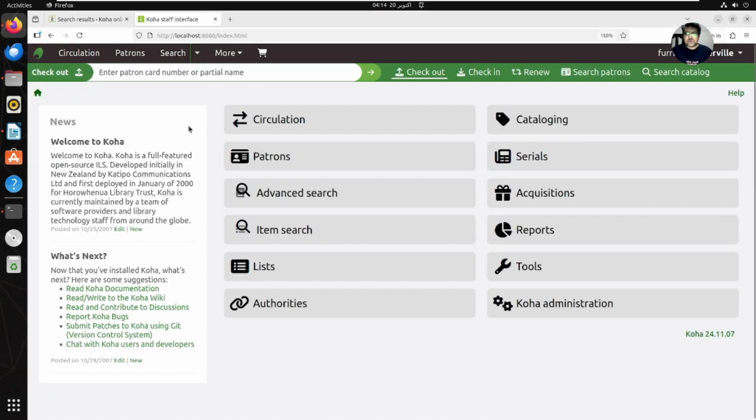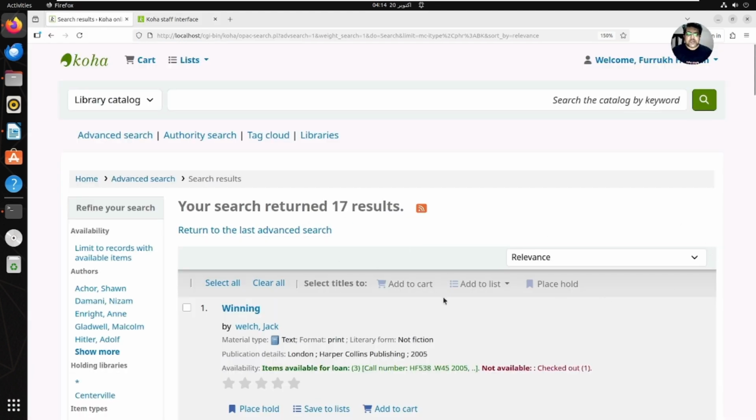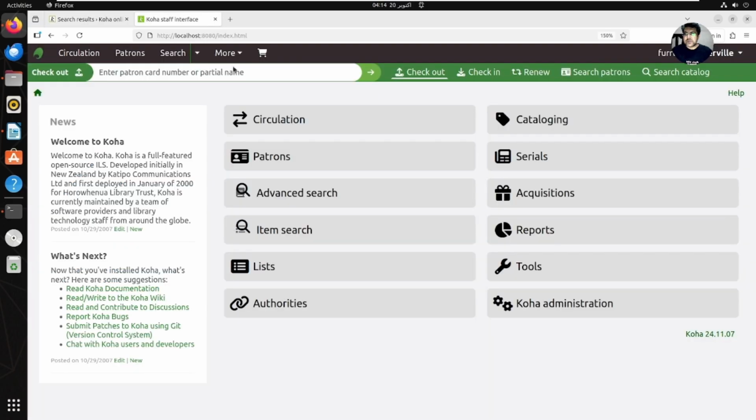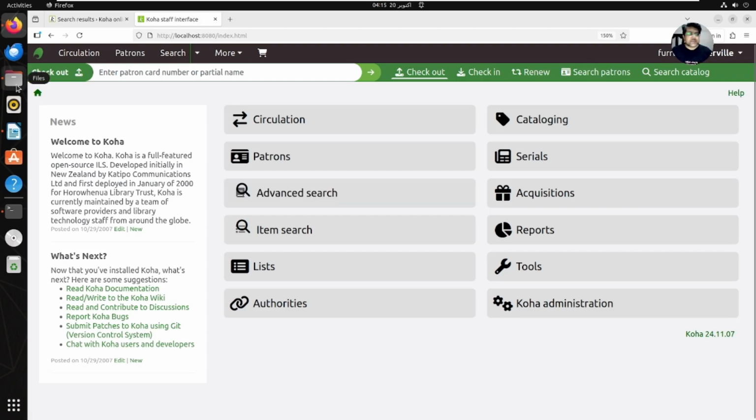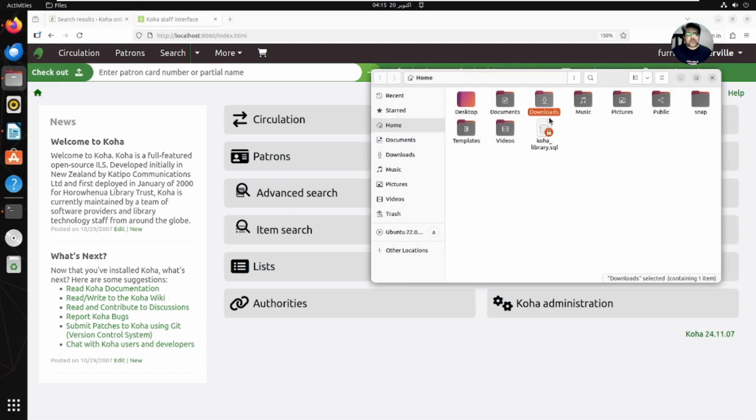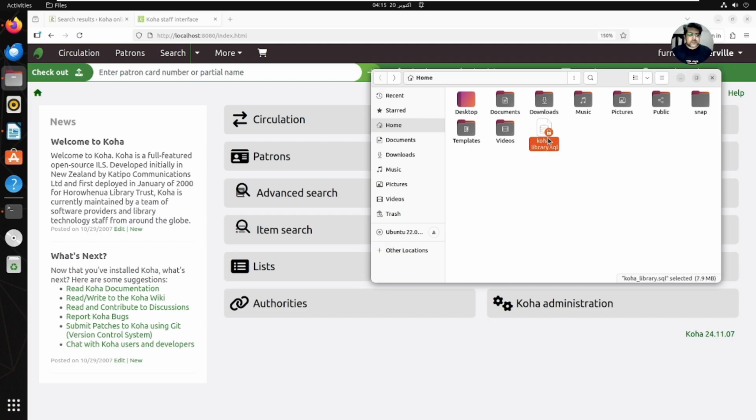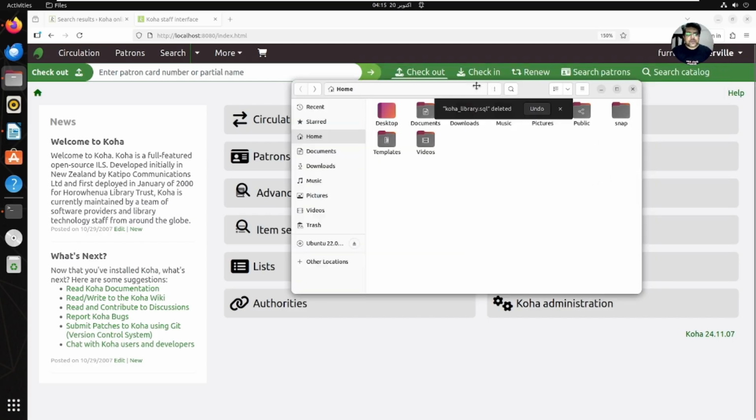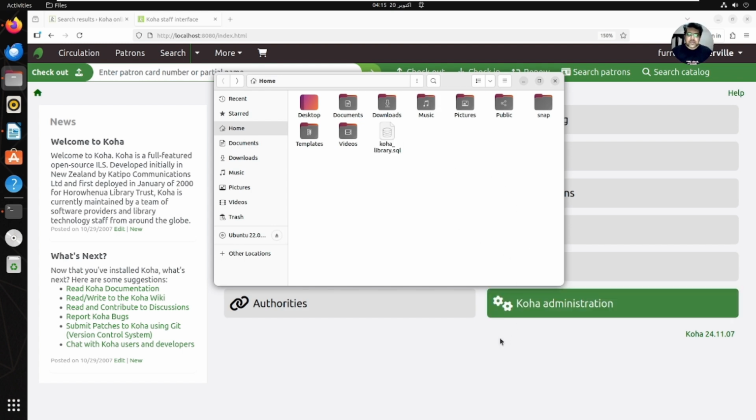Okay, so my system is the latest, and it has 17 records, but I want to migrate the old version here, which is 19.11, and it has some 15,000 records. So here I have the backup, so I just copy this backup and I'll put that backup in the home folder again. So here I have put that backup, and now